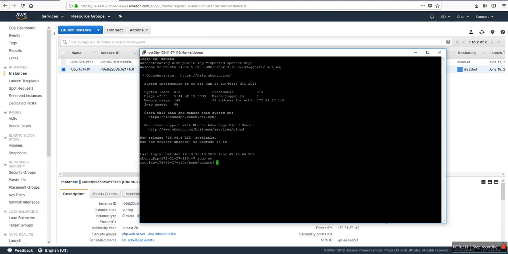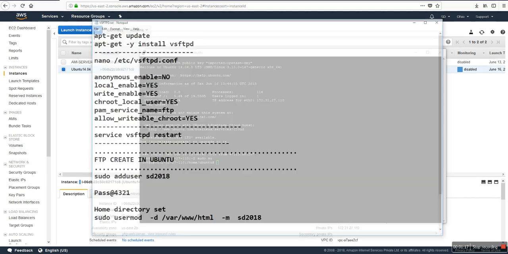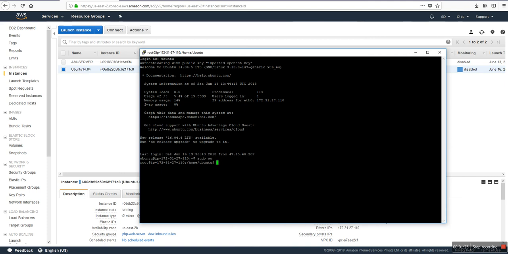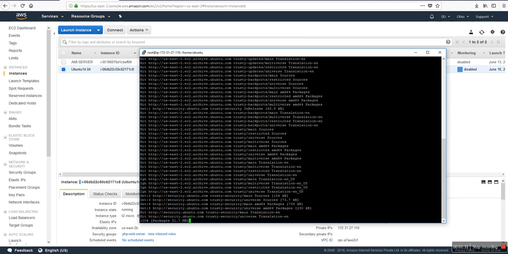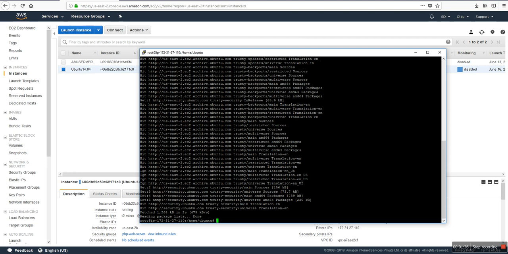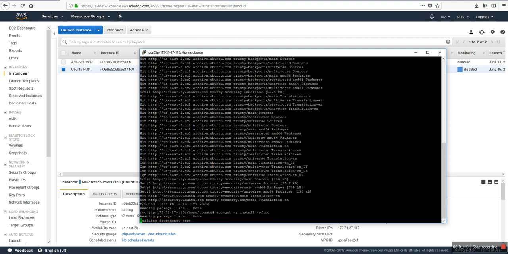and I change my user. So first of all, I install vsftp. I have a list of commands here. I already updated my server. You can update with apt-get. Then I install the vsftpd software,